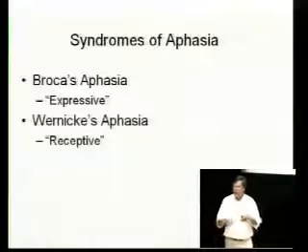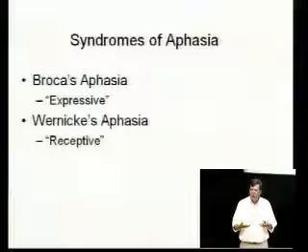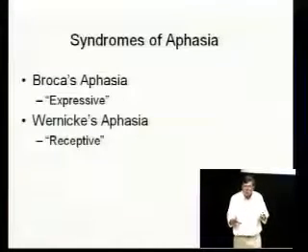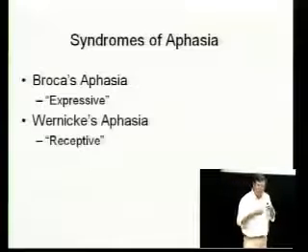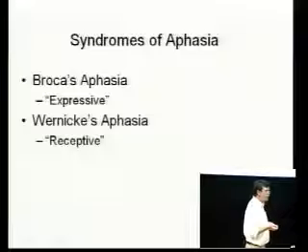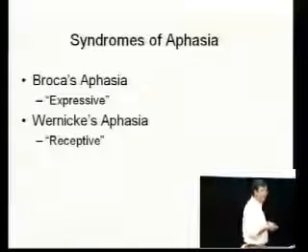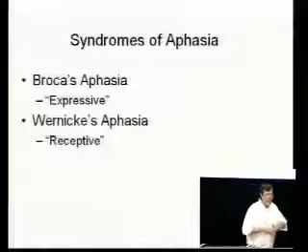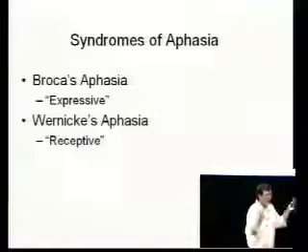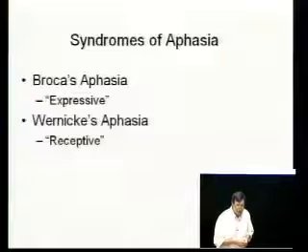In Broca's aphasia, patients have a lot of difficulty speaking, but when they speak, their speech makes sense. You can understand what it's all about. It might be hard, but you can kind of get the meaning that they're trying to convey. By contrast, in Wernicke's aphasia, the person's speech may be very fluent in some abstract sense. All the words come out fine, all the speech comes out fine, but it doesn't mean anything.